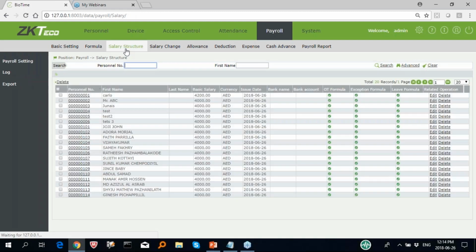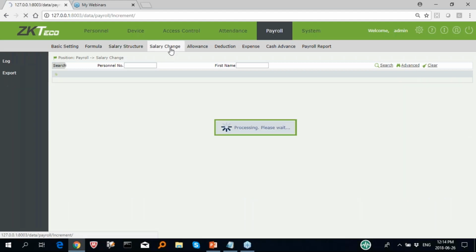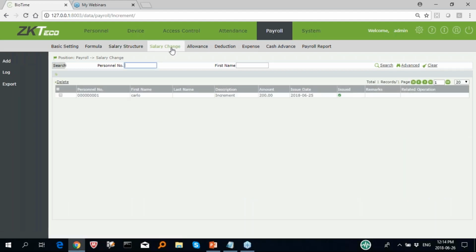Then the next thing is salary structure. In the salary structure, we want to define the basic salary of the employees. All the employees you can upload in an Excel sheet also, no issues. In the salary structure, we define how much the company is paying them. And the salary change is for when you have increments in the next month, so you can put the date of issue and the amount. So in the next month's payroll, this 200, or whatever you got as an increment, will be added. Okay,